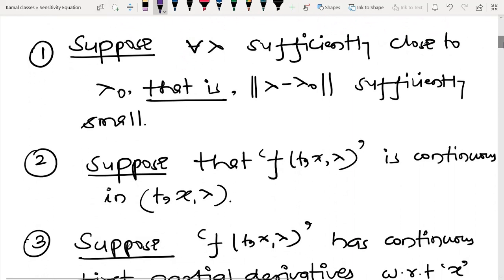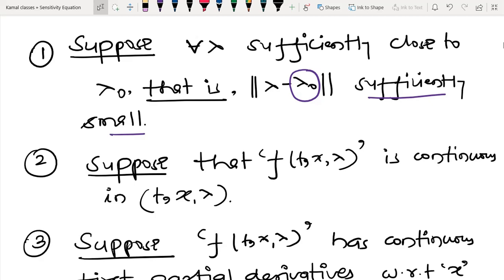So the assumption is that lambda 0 is the nominal parameter, and lambda is the parameter after the variation, or the actual parameter, because we always measure the mass or capacitance or whatever constants using some kind of instrument or some kind of experiment. So there always exists some kind of variation between the actual parameter and the nominal parameter. We are saying that whatever variation there is, it is not much larger. Due to that reason I am assuming that it is sufficiently small.